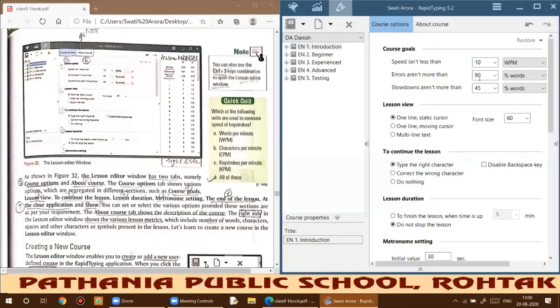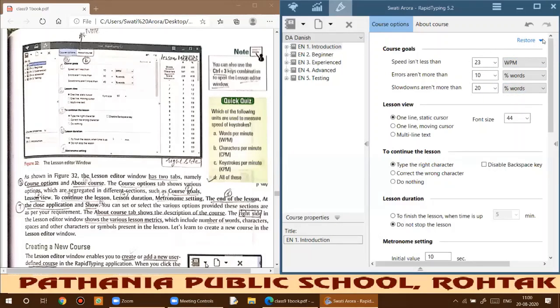Errors cannot be more than 90%, slowdown cannot be more than 45%. So if you are a beginner, these parameters can be acceptable. These are default parameters that you can see, and you can use them for further analysis so that you may improve your speed.